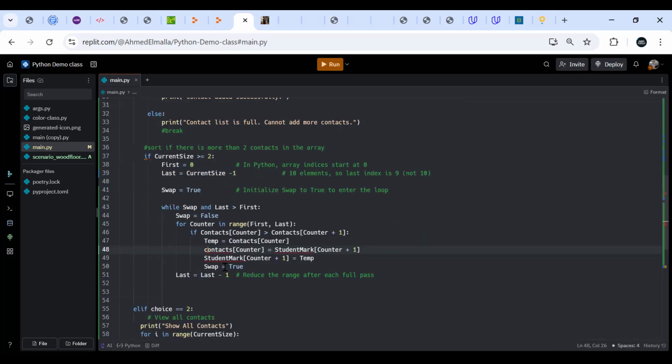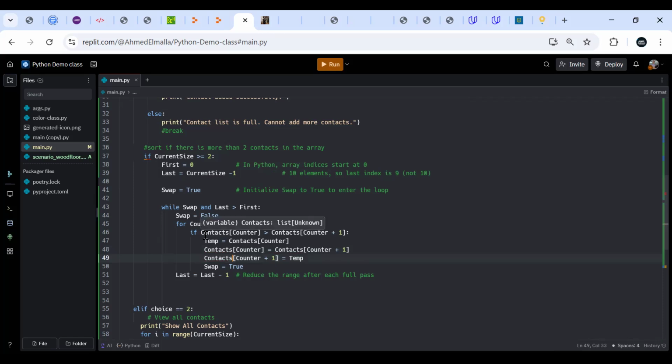I am the one who made a mistake here. So I remove that and put contacts. And I remove the student mark, I put the contacts array name, and everything remained the same, except that this if statement needs a little addition,